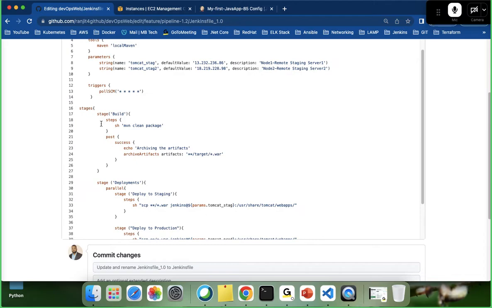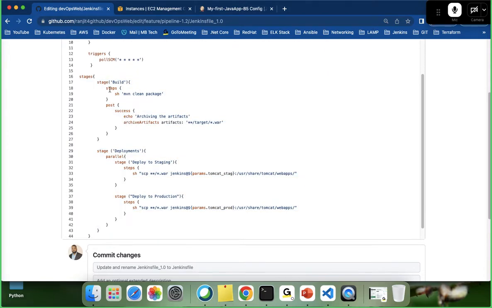But before that, let me explain what exactly we have written here in the stages section. This is the stages section. Now here we have the build stage, and here I have given a step. As our project is getting built on a Unix machine or Linux machine, we are going to use the sh command to execute it. So within the steps, we can write sh mvn clean